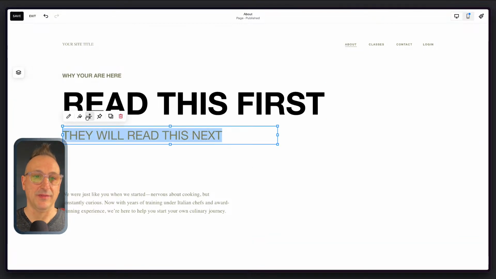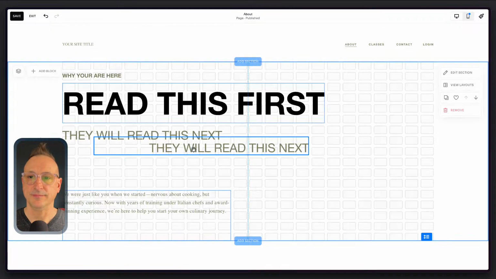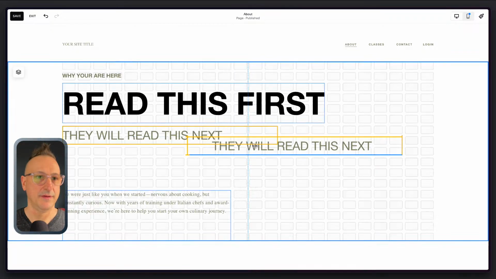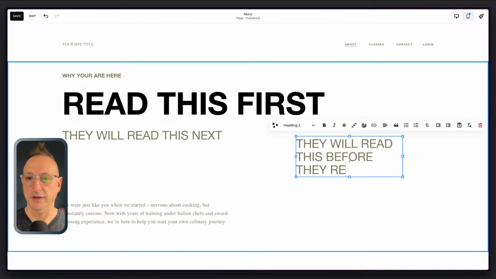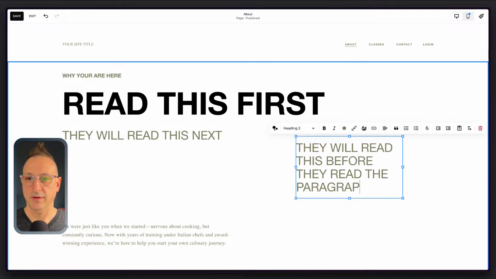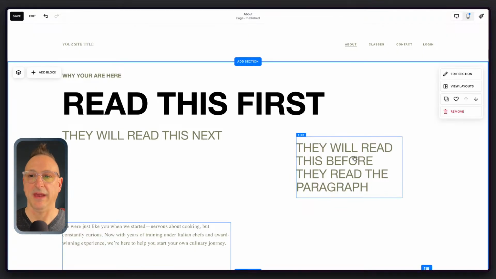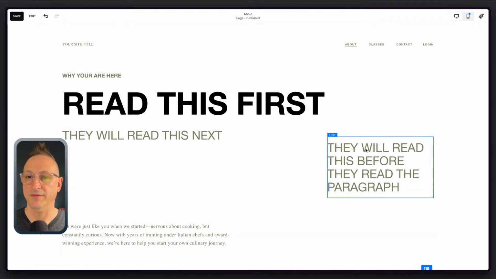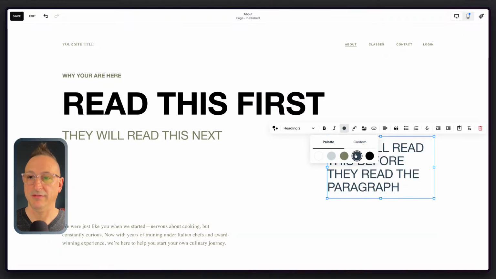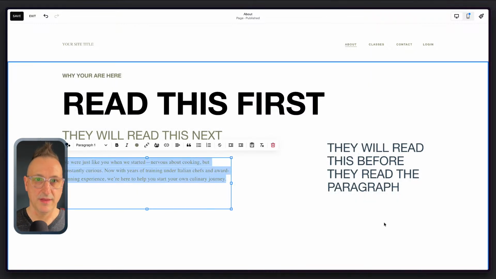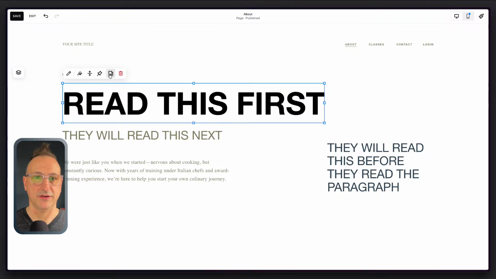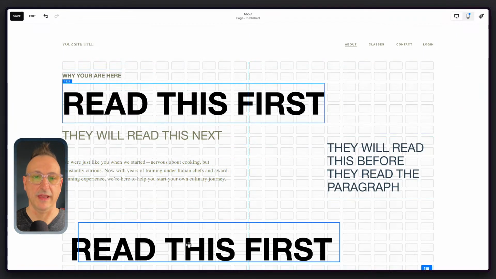All right, now I'm going to duplicate this one because they will read this before they read the paragraph. Guarantee 100% of the time they will read this before they read the paragraph, right? And here's the paragraph. And I'm going to change paragraph copy here in just a second. So now they're going to read